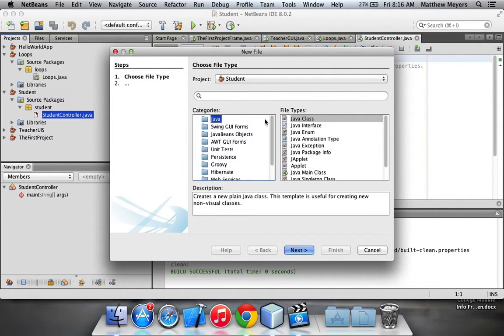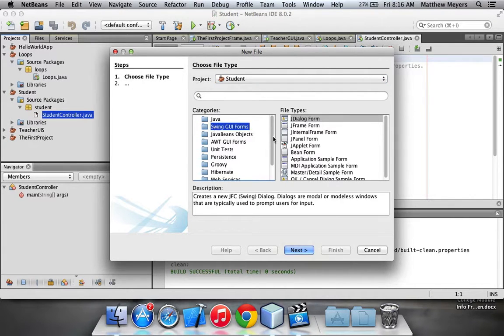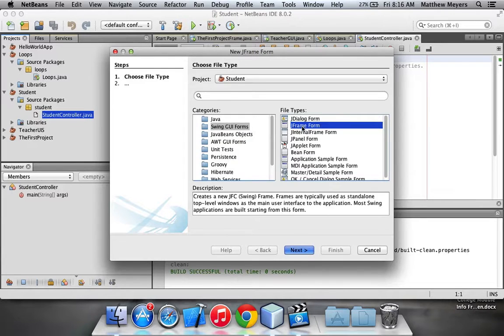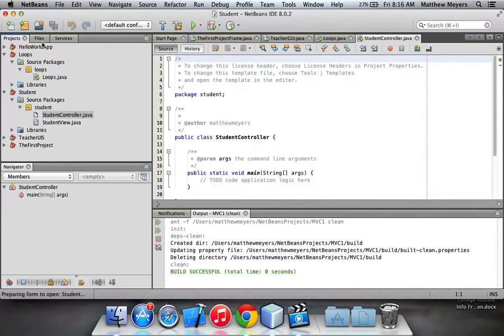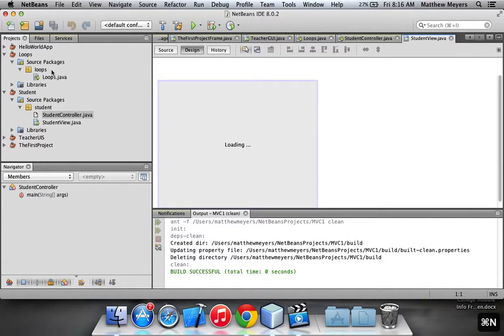So we need to make a new file. The first thing we'll do is make a JFrame to have the view, and I'm going to call it student view. And we also need a